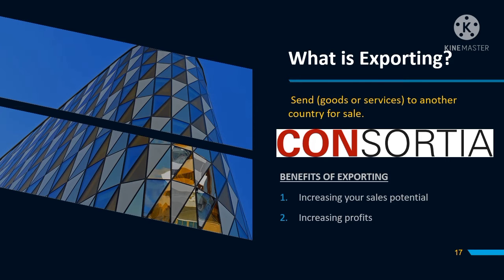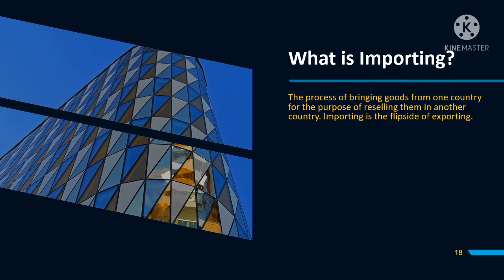What is importing? An import is a product or service produced abroad and purchased in your home country. Importing is the flip side of exporting. In addition, there are a variety of reasons for importing goods, one of which is the benefit for the global economy. Medical equipment, smartphones, and many different types of food are just a few products that we rely on every day that wouldn't be possible without imports. The modern world also relies on imports to build sustainable products. Some items like microchips, wires, and oil are imported and used to build or operate local products.